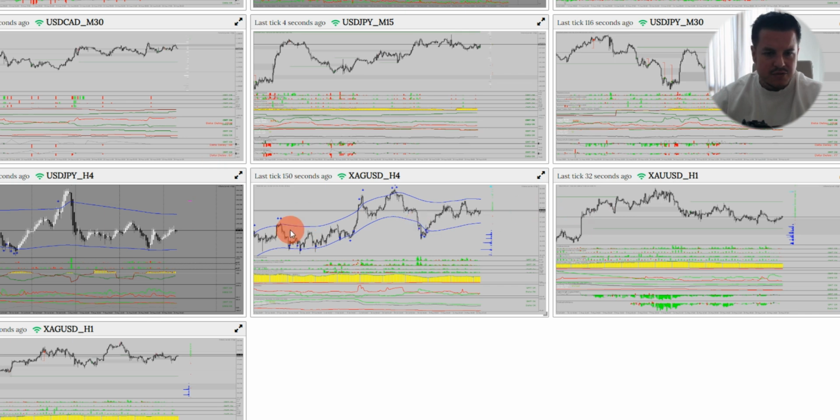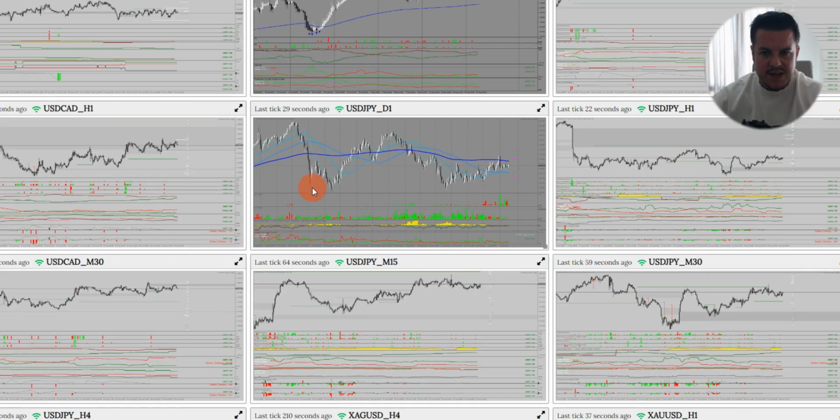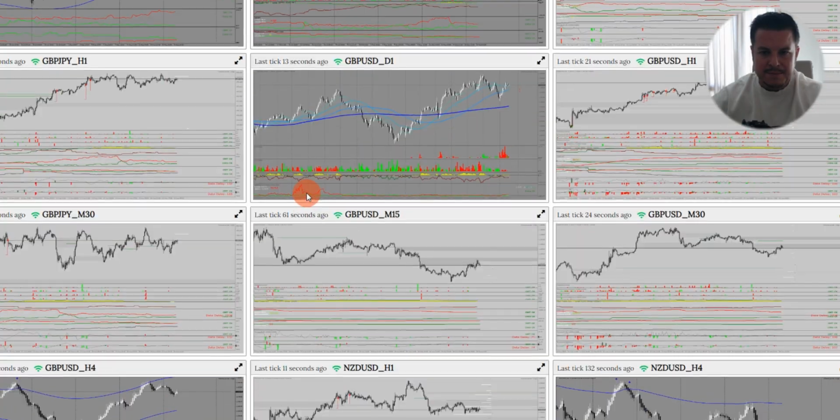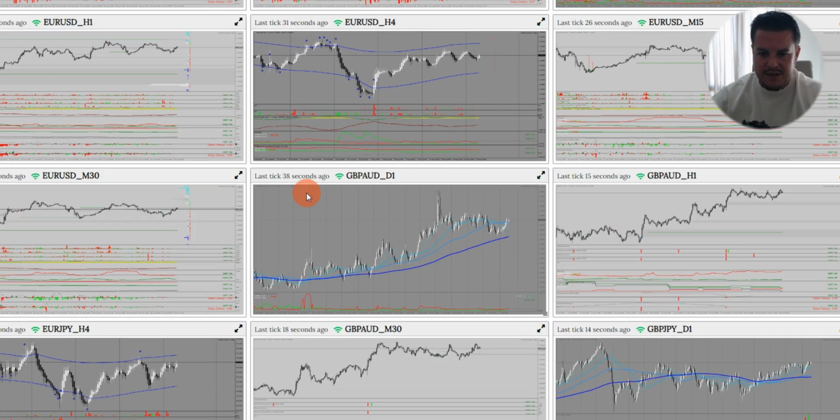Silver and gold are neutral, and dollar yen is also pretty neutral at the middle of the range with shorties leaving. So I'm not interested in placing a trade there. Yeah, so basically the dollar pair is slightly bullish in the short term, but overall neutral. And the Canadian news today.